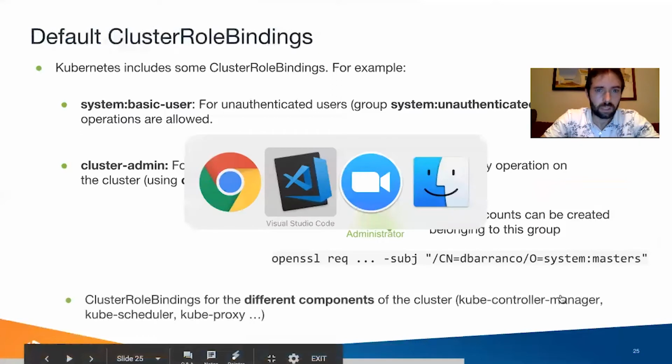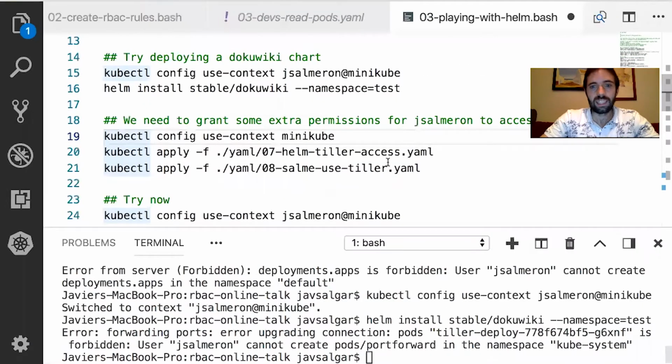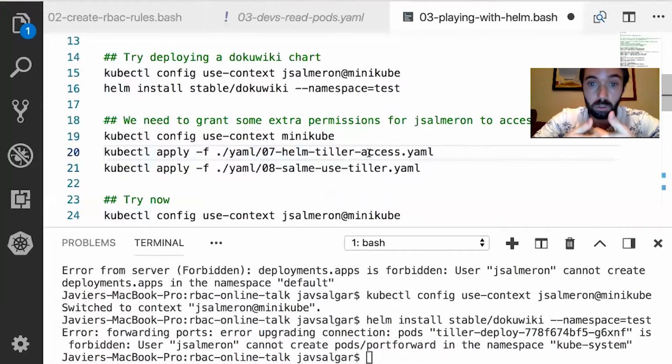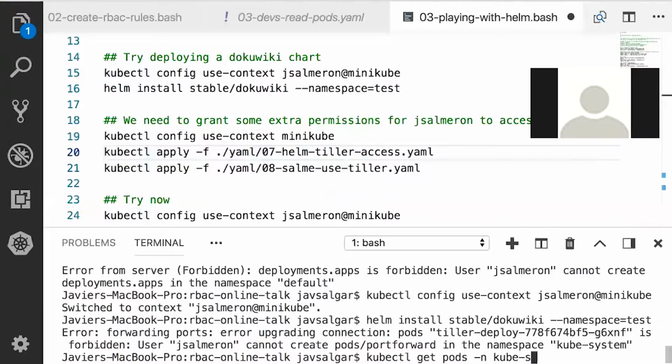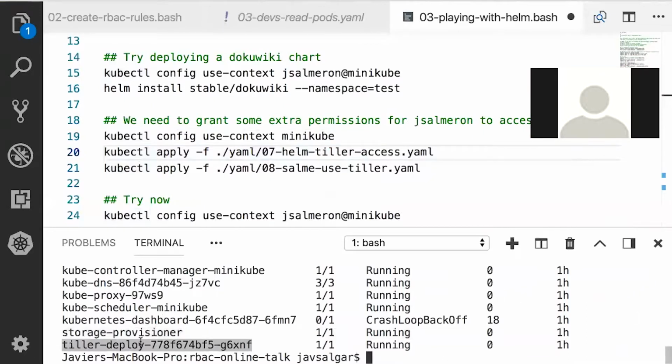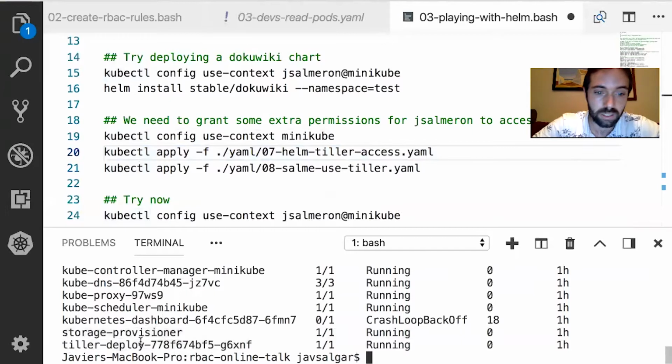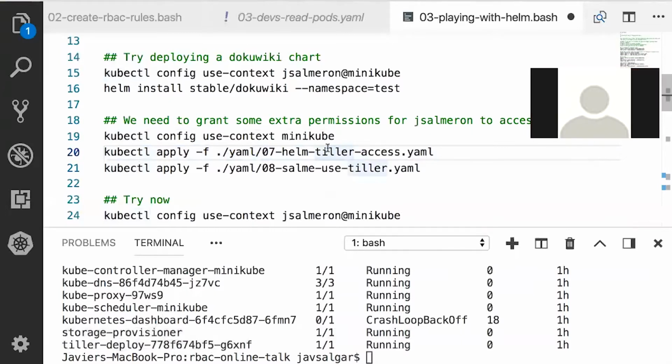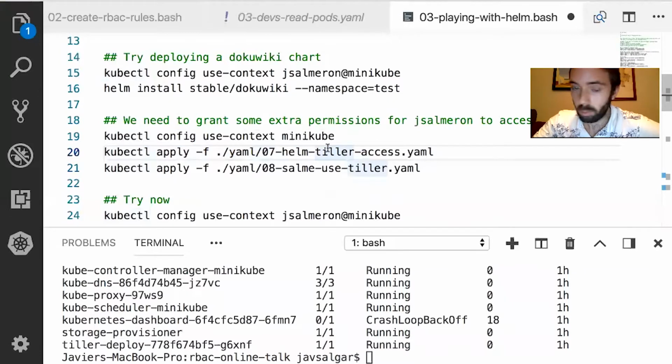Okay, now that we've seen a bit about cluster role bindings and more about verbs, it will be a bit easier to understand what RBAC I need to configure to be able to use Helm. I need to connect to Tiller, to this server. Because if we do kubectl get pods in kube-system, you see that there is a Tiller deployment. And Helm, under the hood, executes kubectl port-forward. It's just a port forward, and then it contacts the server. So I need to be able to do a port forward in pods.